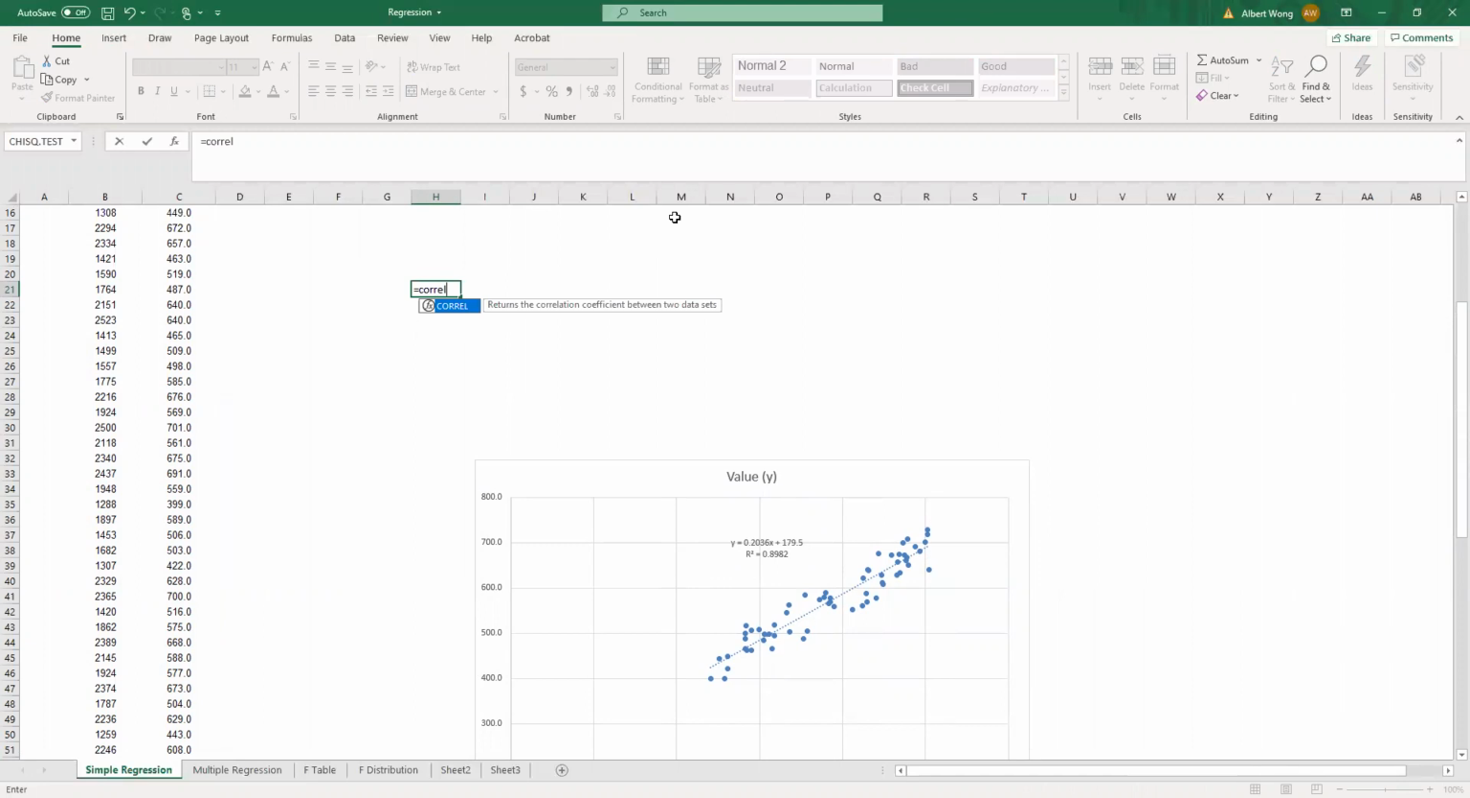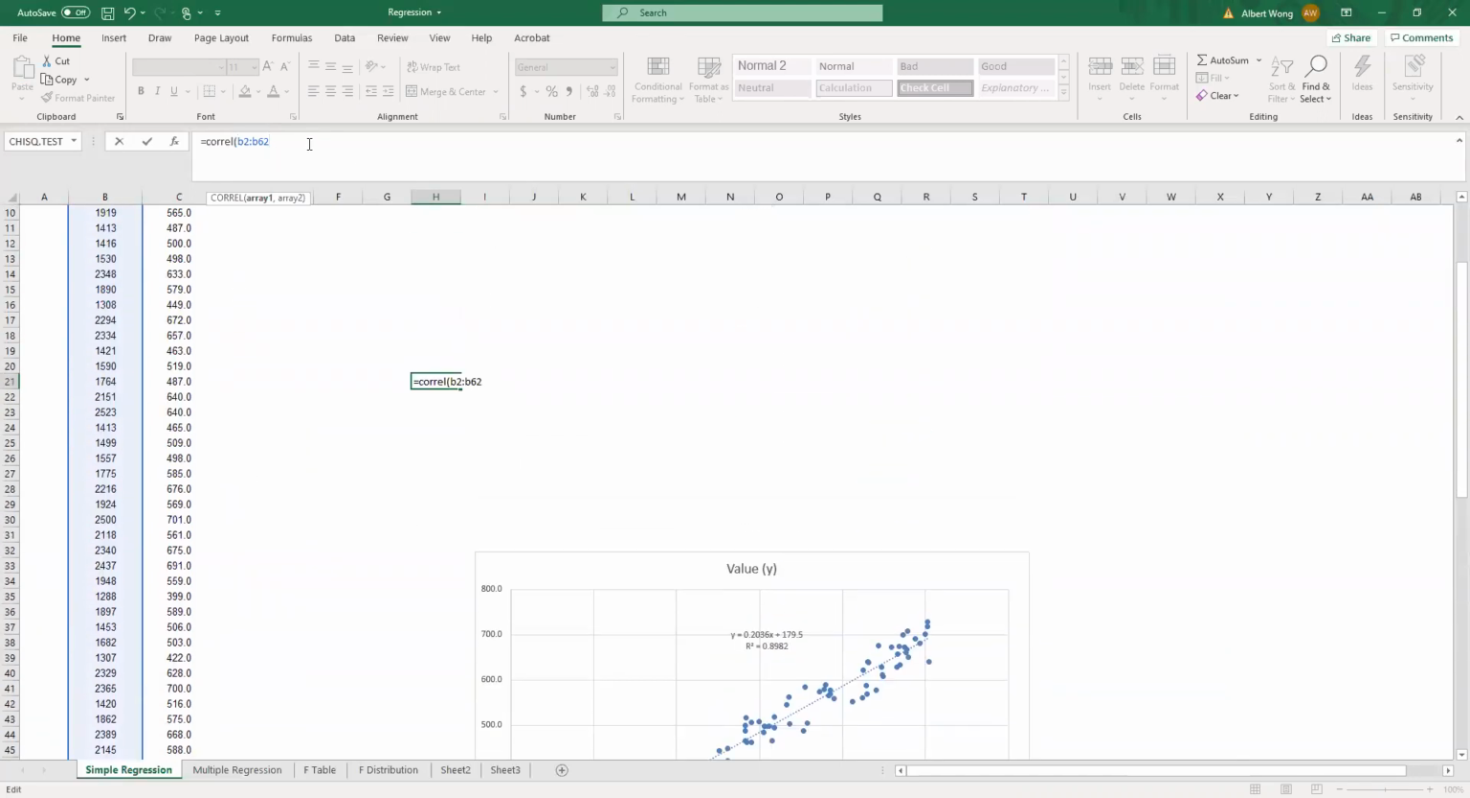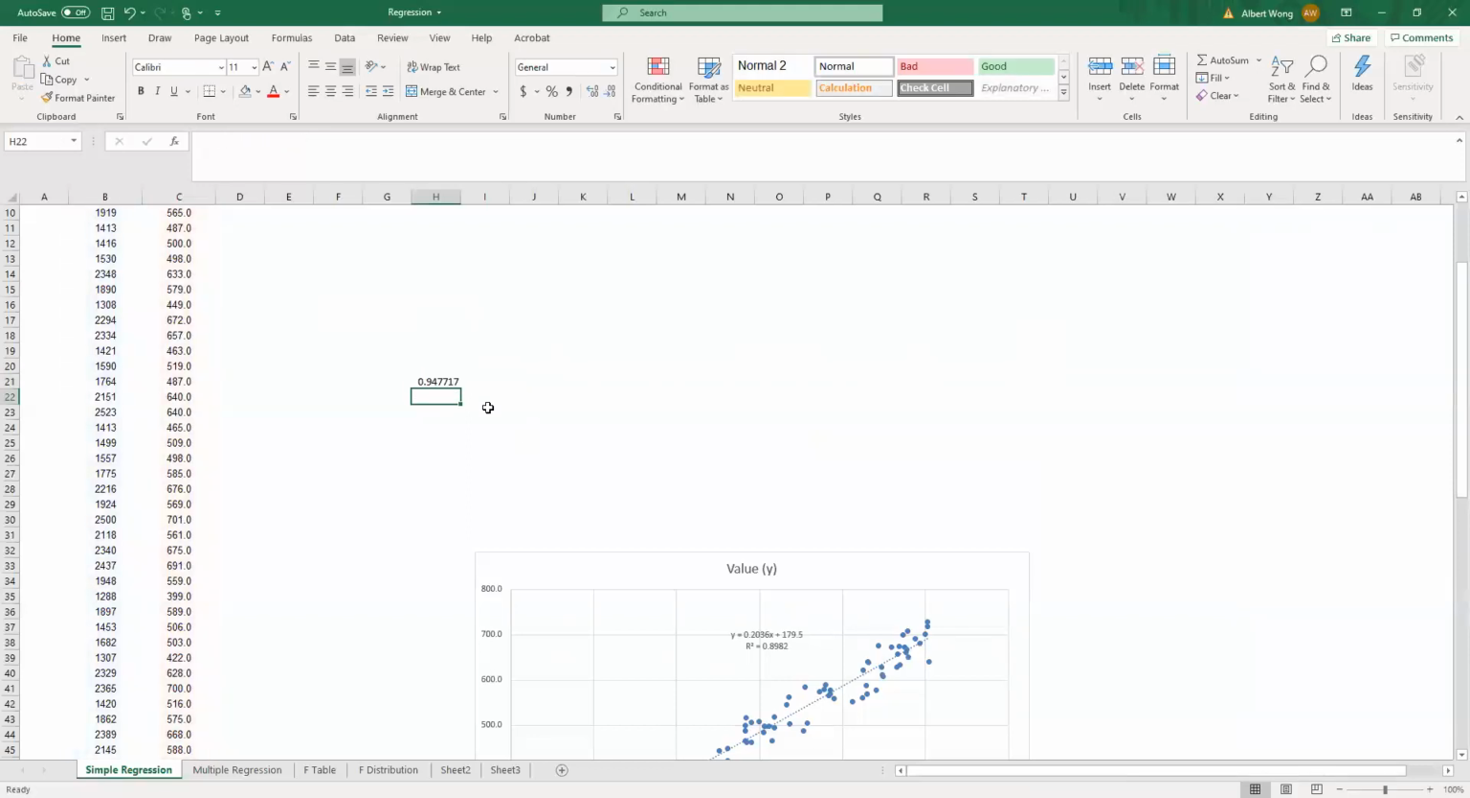C-O-R-R-E-L would be the function that we can use to calculate the correlation coefficient between X and Y. After we spell out CORREL, we have to specify where the data is. For X first, it is B2 to B62. That is the data that we have for X. And then obviously for Y it would be C2 to C62. Notice that the first row is not included because this function does not accept the labels. And if you enter that, we have a number